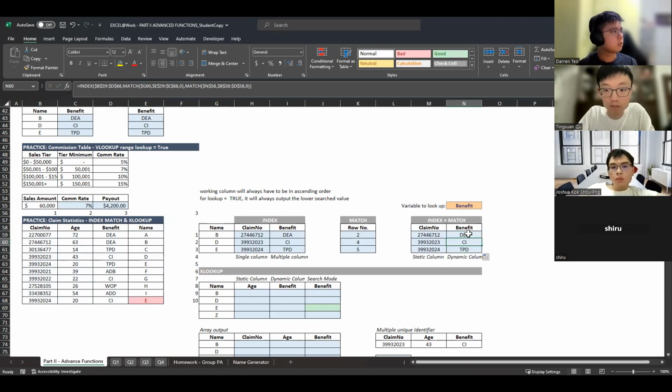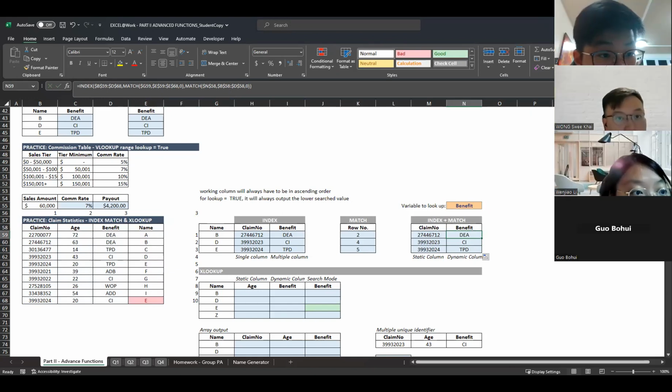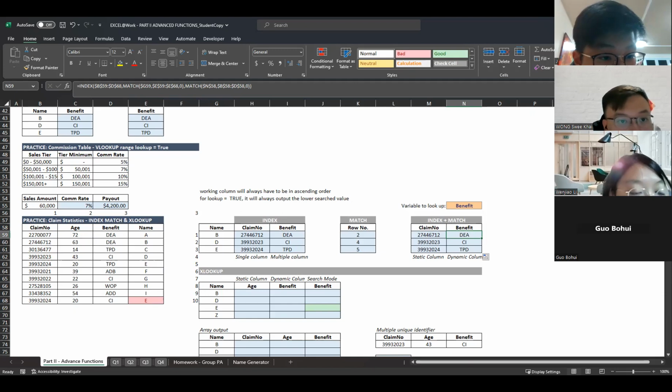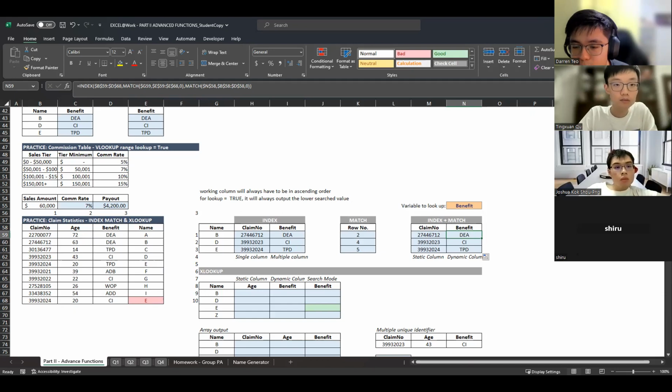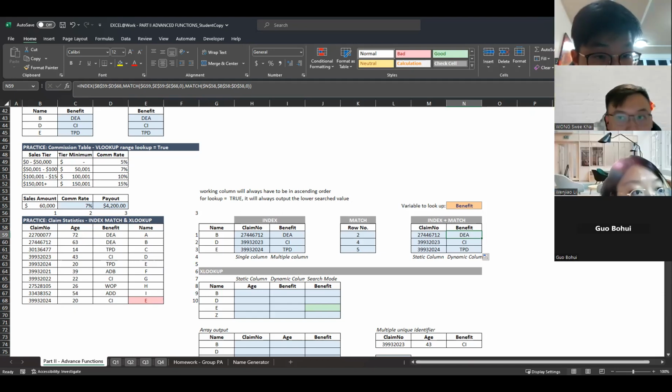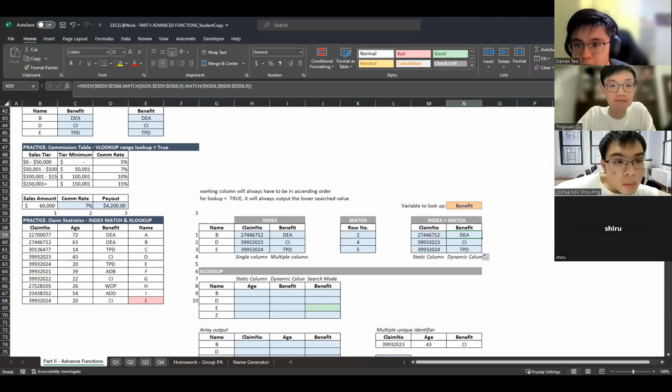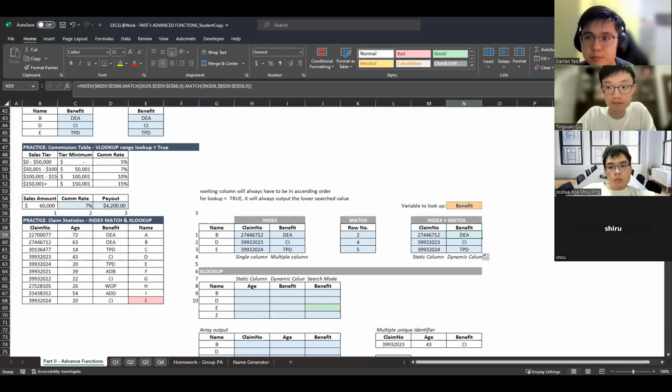Okay, anyone has any issues? This is a little bit hard to digest, so y'all can try out first. Y'all try it out. I see a lot of faces that look a bit confused. I'm not a mind reader, so I don't know, are y'all confused? Or are y'all okay? I need some responses.